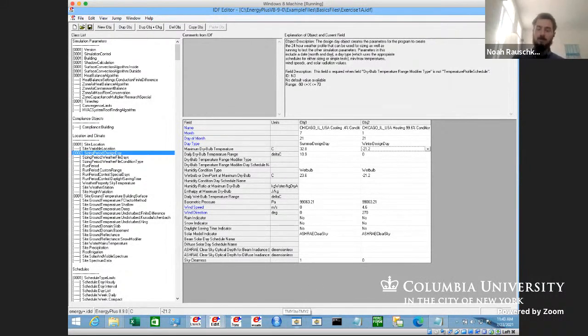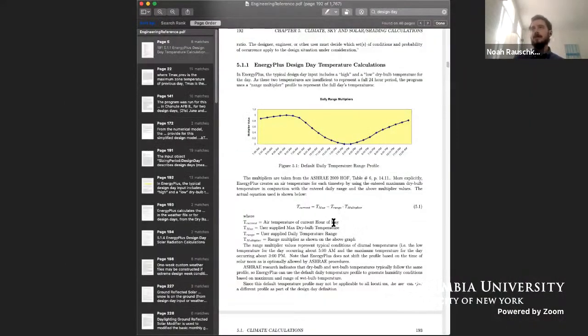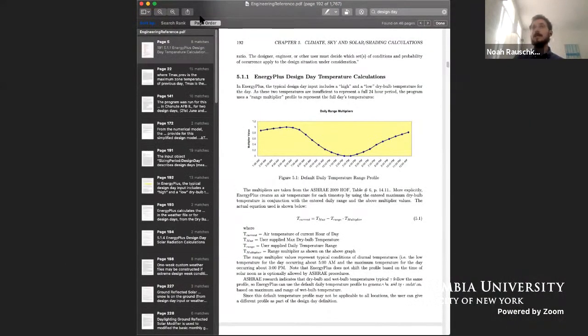This is a great opportunity to look at the engineering reference document. Incidentally, if you have the documentation, it's about 1,000 pages, and it's probably the best HVAC textbook you can find. It describes everything in the context of EnergyPlus, but it also tells you everything you need to know